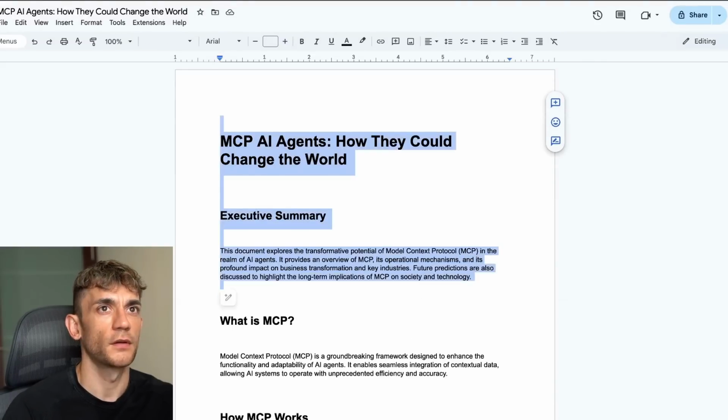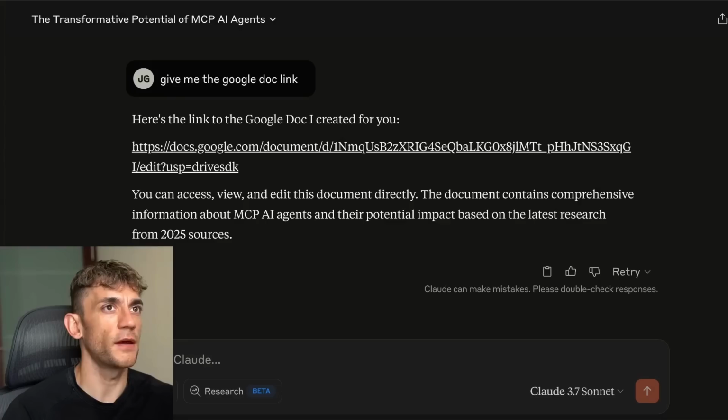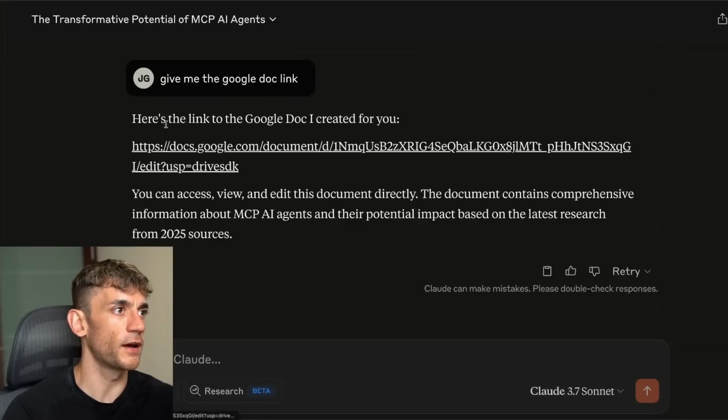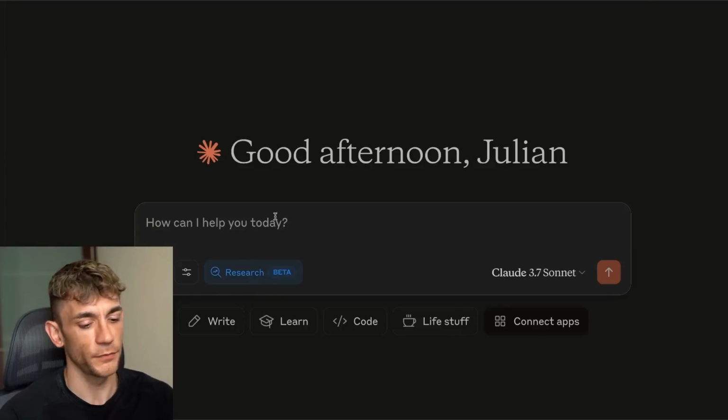So it's essentially created something very similar to what Manus did, but it's done it directly inside Google Docs from the chat, right? So you've basically got your super AI agent. The other cool thing here is you could change this up. So what you could do is say research, so toggle the deep research option here, and then you can say